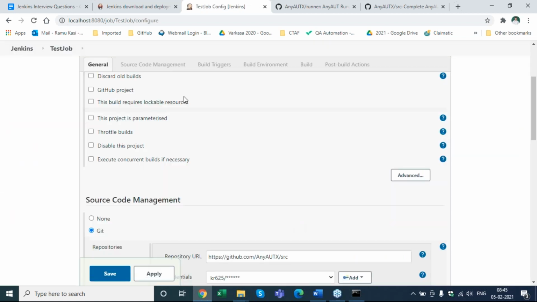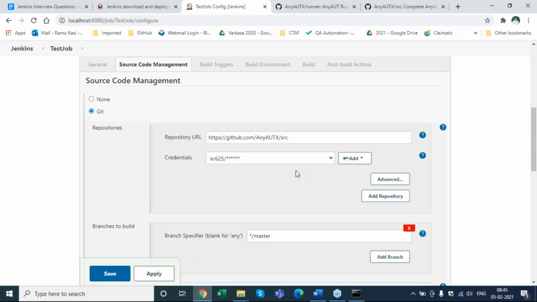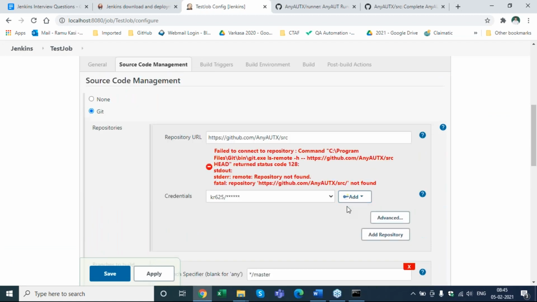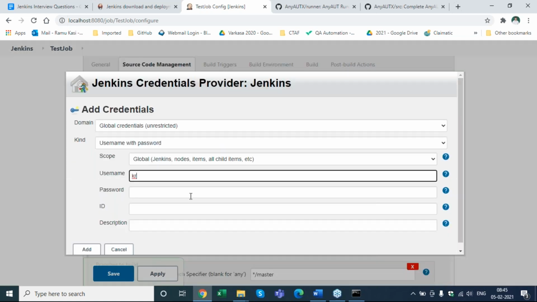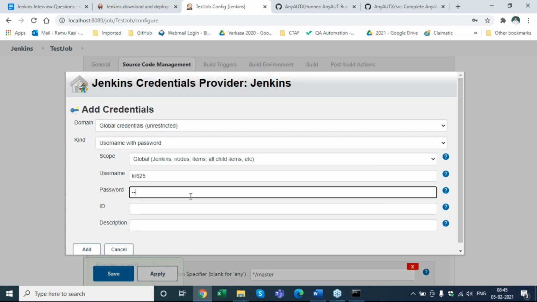Do we have to click on that add button again? No, Karthik. HTTP GitHub. Click on that add. Okay, let me try adding again. Username, password. Oh, add is adding a new credential, is it?